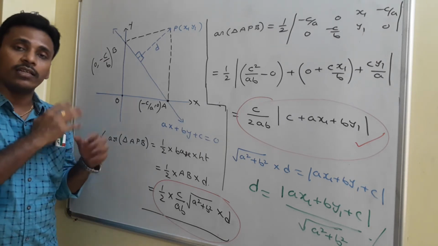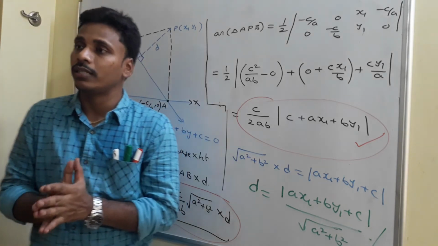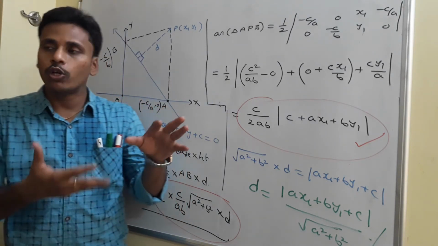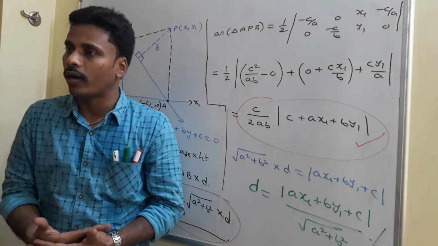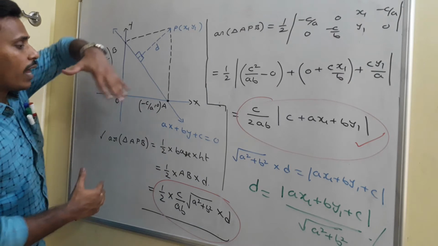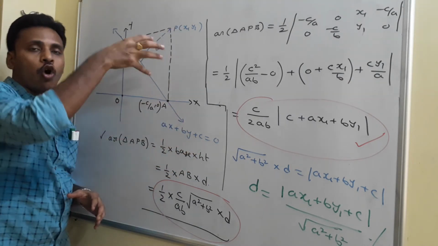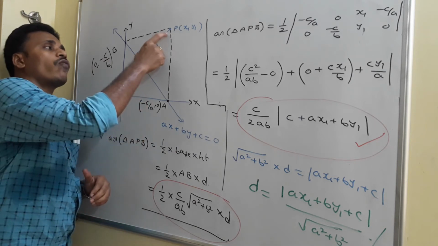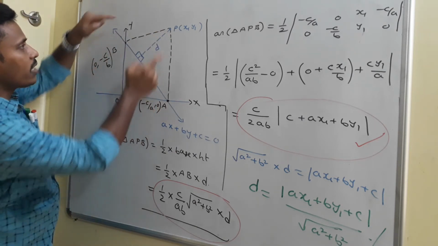Once again have a look at this. Actually I need to find the distance from the point P (x1, y1) to the line ax plus by plus c equals 0. Initially I am going to generate a formula. To generate a formula I need the help of the coordinate system. So introduce the line ax plus by plus c equals 0 with P(x1, y1) in the coordinate system. Now our task is to find this particular distance d. For that you just join A and B to P.